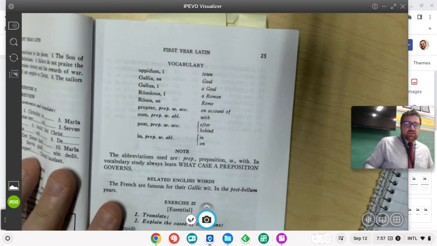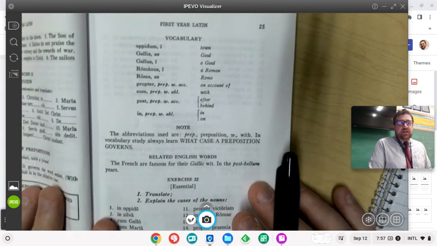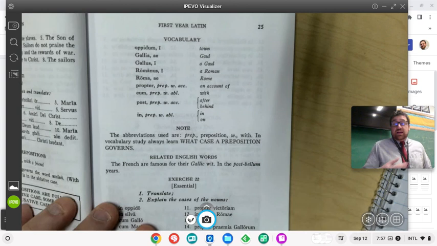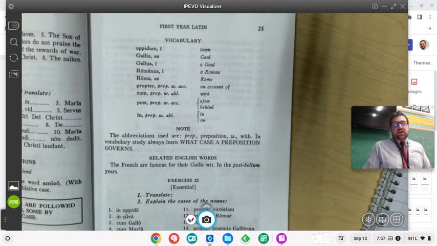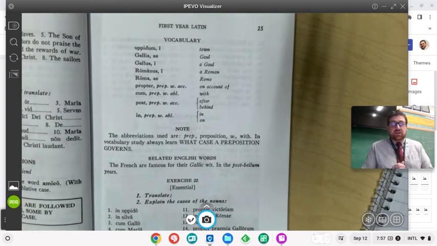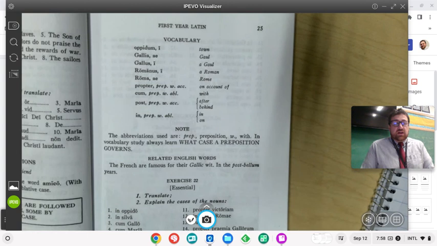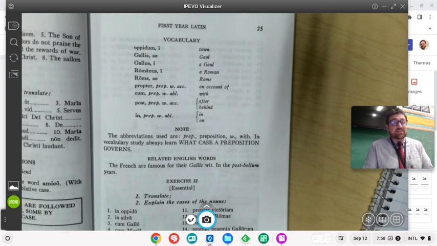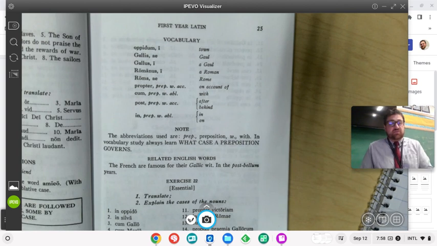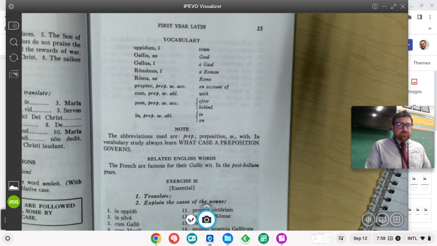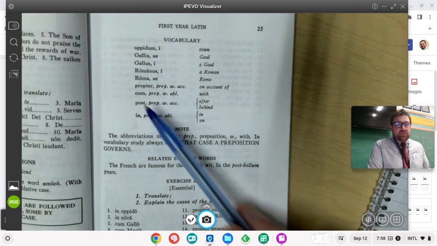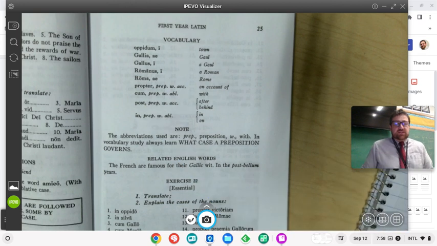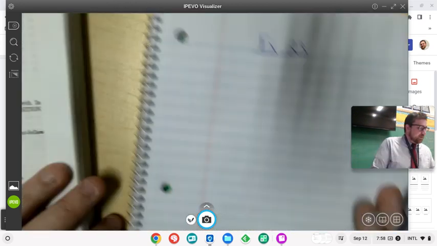So first, let's take a look at where we are in the book. This is the page before exercise 23, but we're here because it has the vocab list, which you'll probably want to refer to while you're doing exercise 23. It's giving you a bunch of second declension vocab, some of them masculine, some of them neuter, and it's also giving you some prepositions. And we're going to be discussing one of the major rules of the ablative.